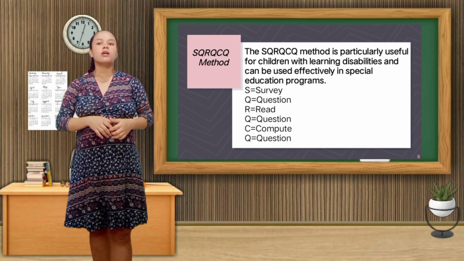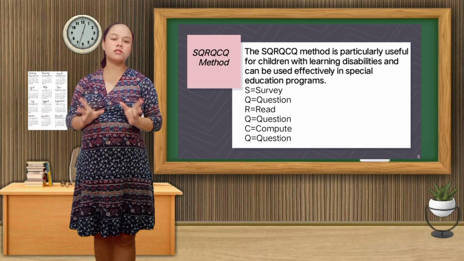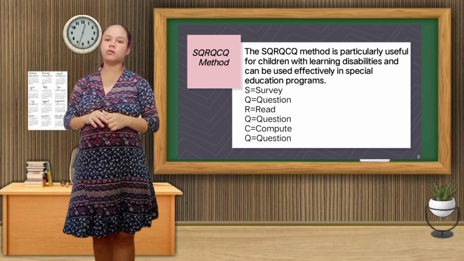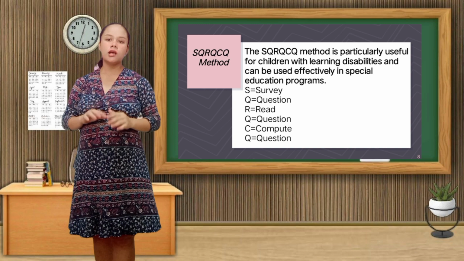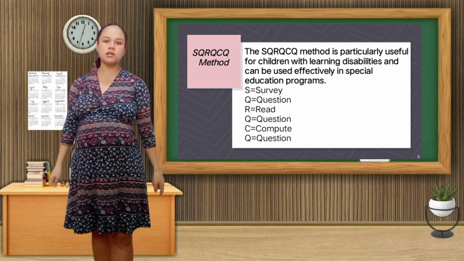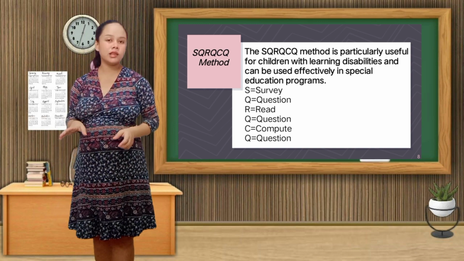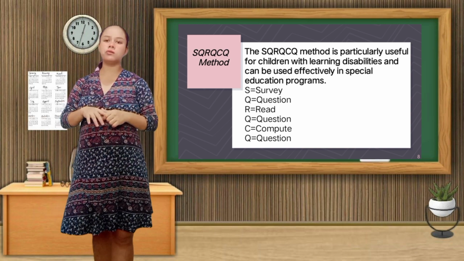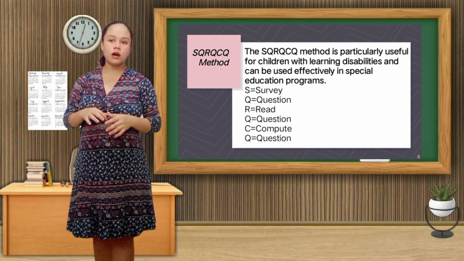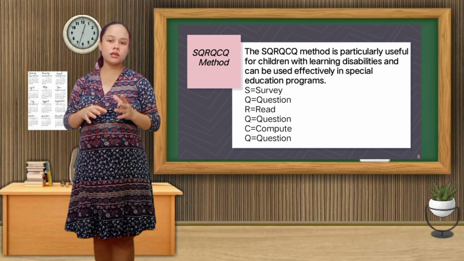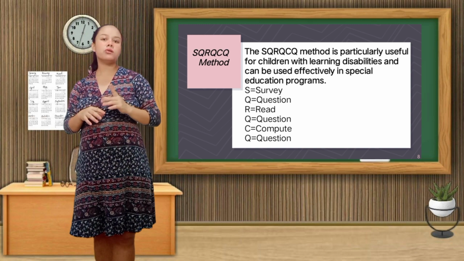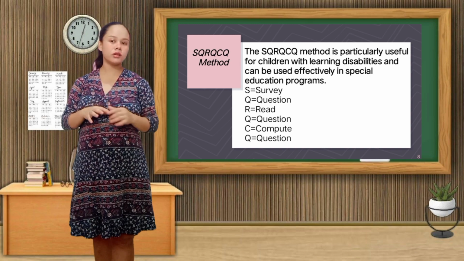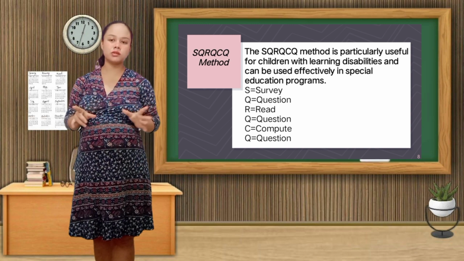So the next method is the SQRQCQ. The SQRQCQ method is particularly useful for children with learning disabilities and can be used effectively in special education programs. The SQRQCQ is an abbreviation of: S is survey, Q is question, R is read, Q is question again, C is compute, and the last